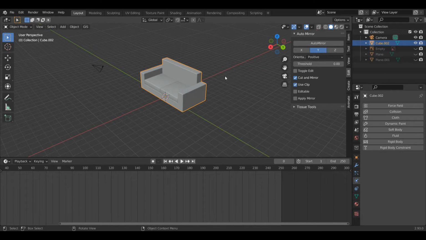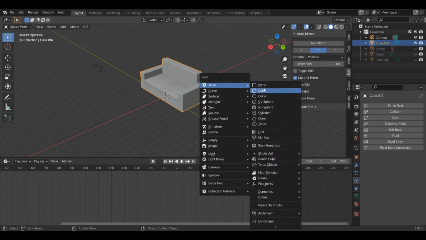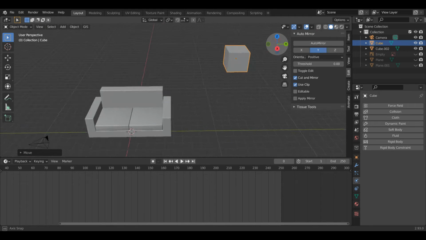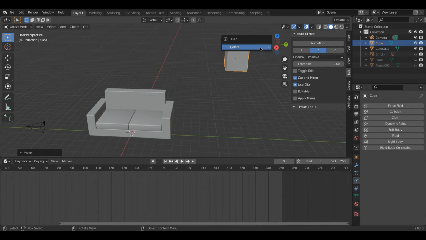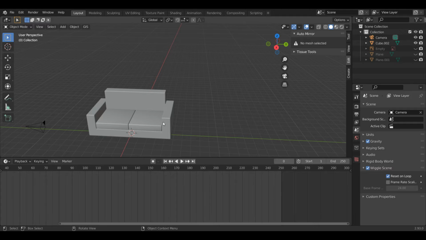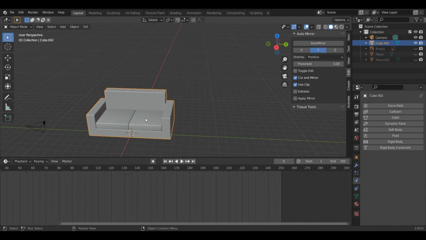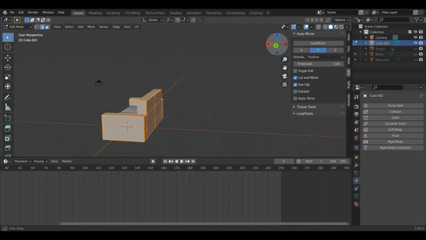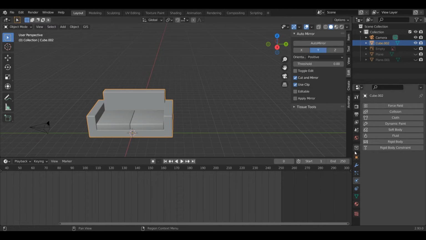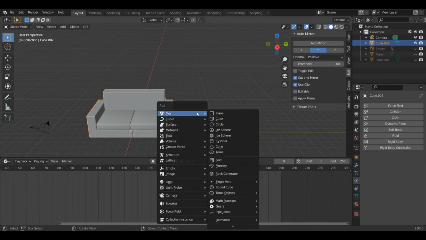Keep in mind you can do this with literally any object, so I could create a cube for example, and I could add a simulation to this as well. The more vertices your object has, the harder it will be for Blender to simulate it, so just keep that in mind. But as you can see, if I click this object and press tab to enter edit mode, this one isn't too bad. So I'll press tab back into object mode, and now I'm going to press shift A,